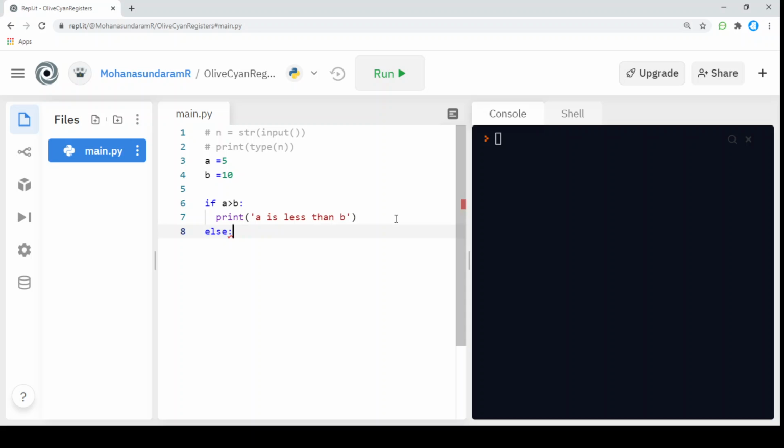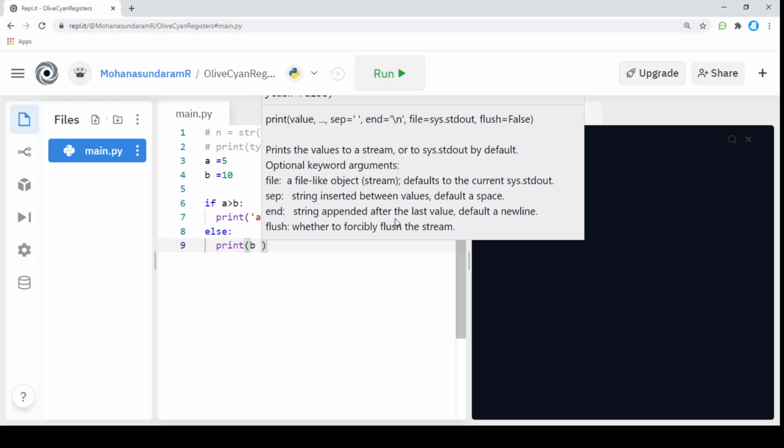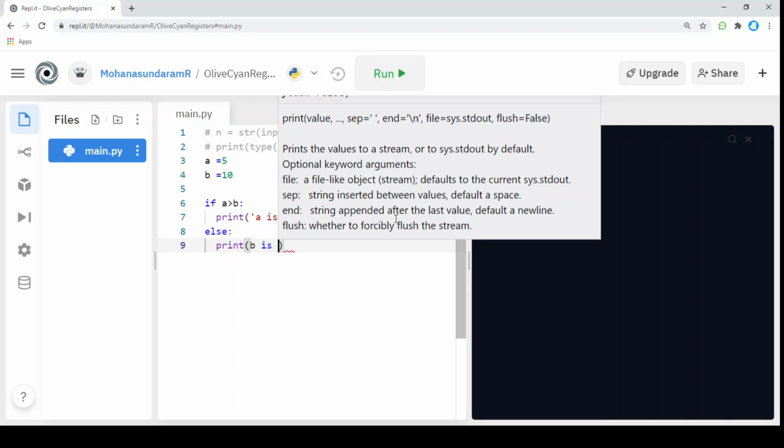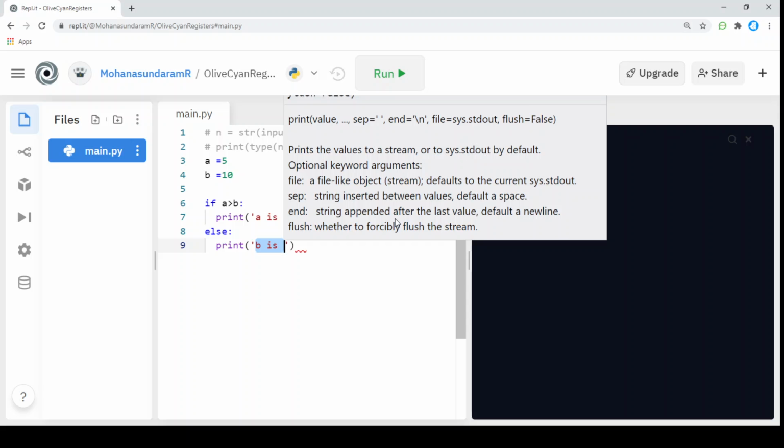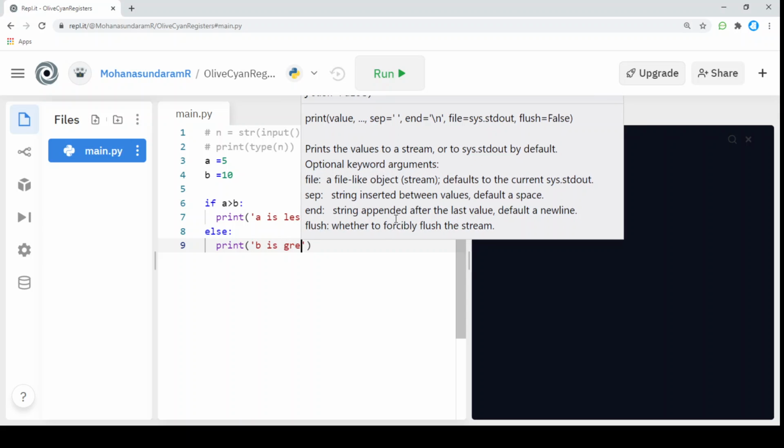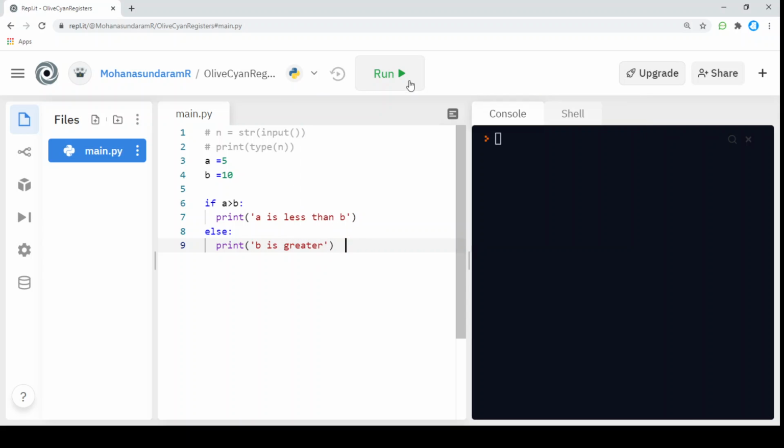because else will be an alternate, something like a final report to be given if every condition has failed. Here I am printing b is... The user, I'm making the condition a is greater than b, but the if condition fails and then the else part has been printed. This way we can create an if else condition. This is a basic program code block to check whether the number is greater or equal.